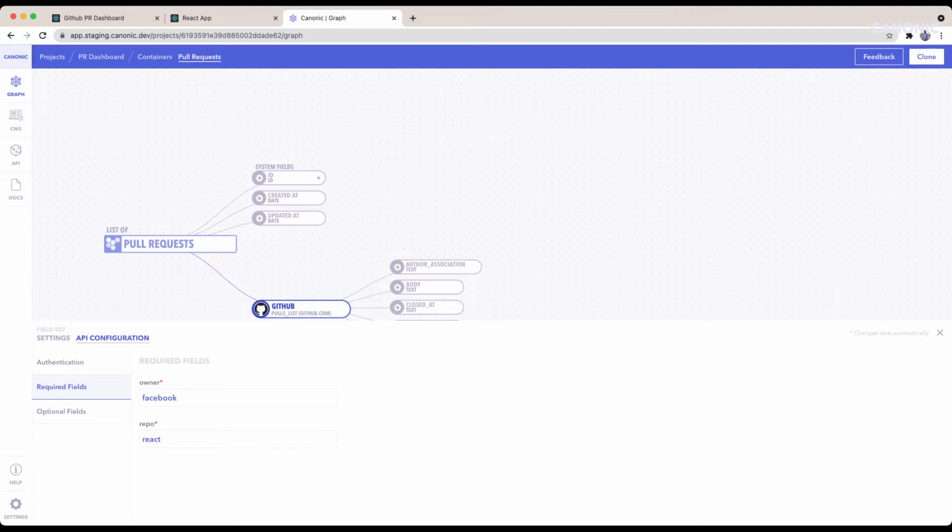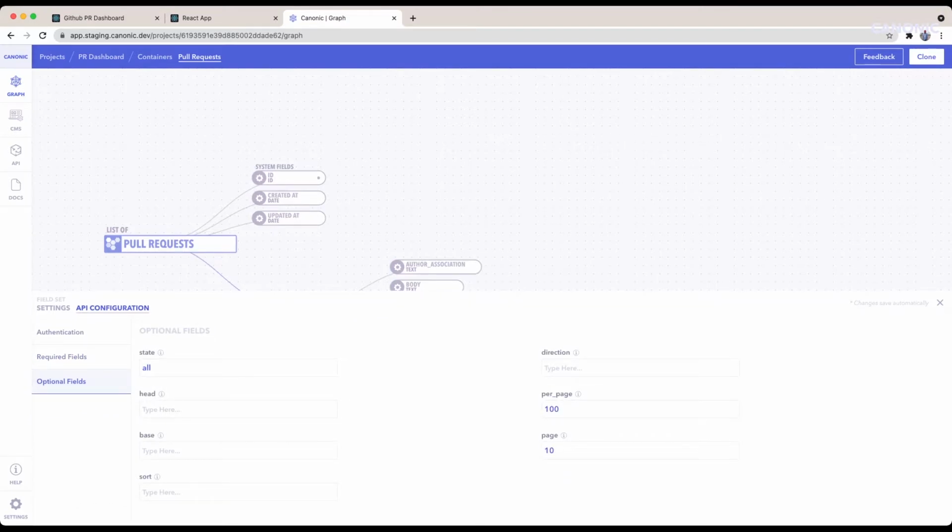One's the owner and the other is the repo. In owner, you have to give the name of the organization the repository belongs to. And for the repository, you have to write the name of the repository itself for which you need to fetch all the PRs. For this example, we'll be using Facebook's React repository. And in the optional field, you can configure other optional fields that GitHub lets you configure.